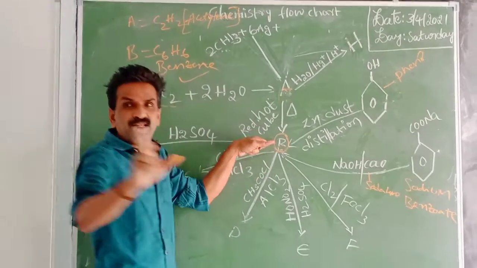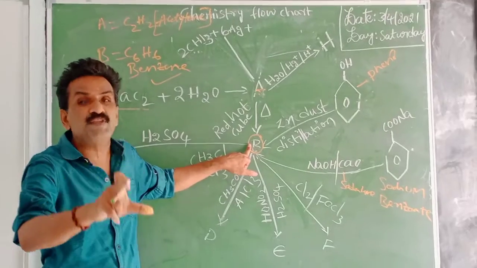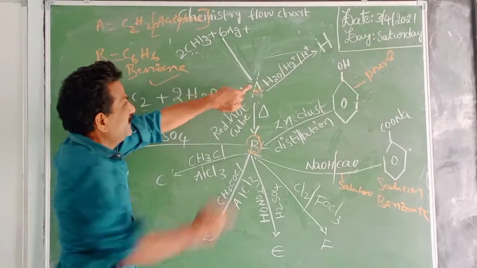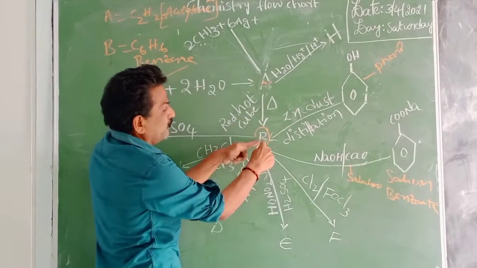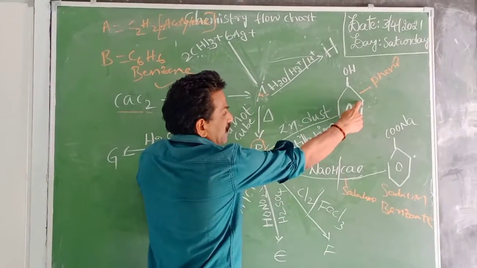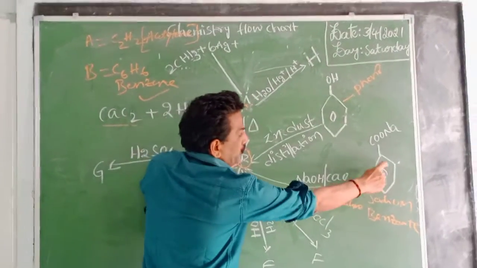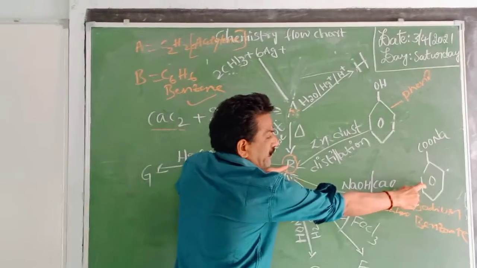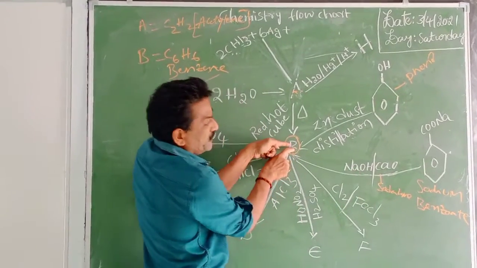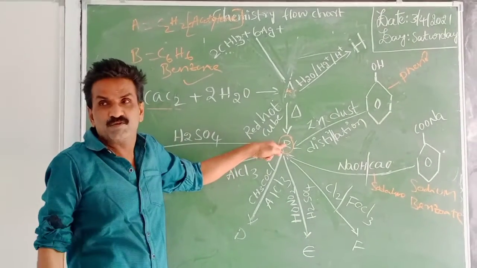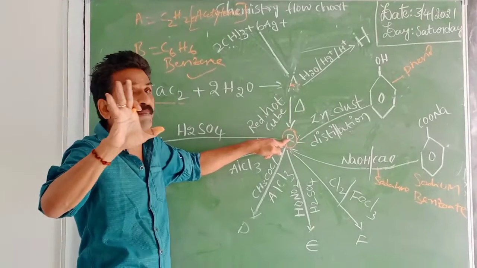So here your chemistry sir is going to discuss how to prepare benzene. One is acetylene: acetylene is passing through a red hot tube, we get benzene. Phenol reacts with zinc dust, we get benzene. Sodium benzoate reacts with soda lime, we get benzene. Okay. So three methods, kindly keep it in mind. Three methods are used to prepare benzene.